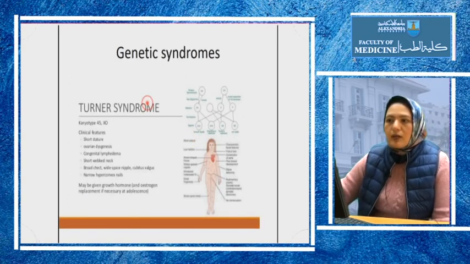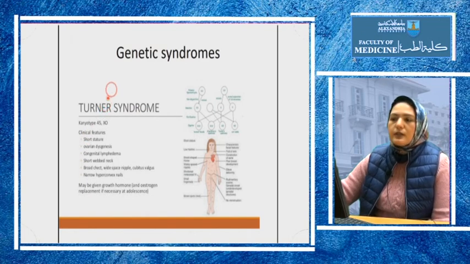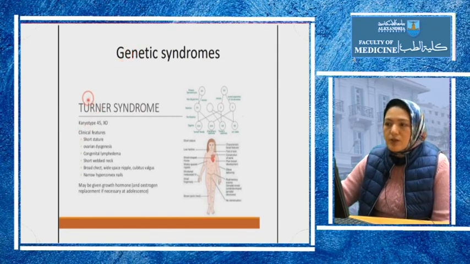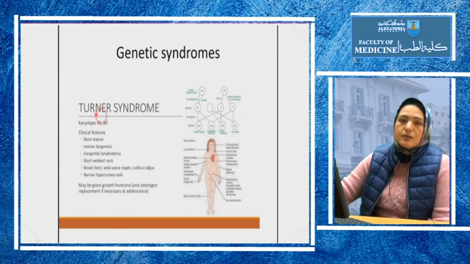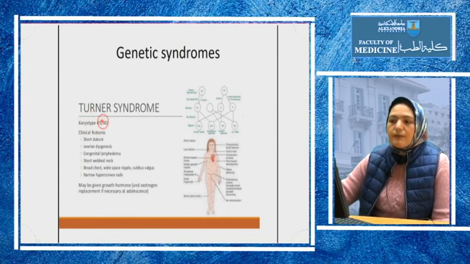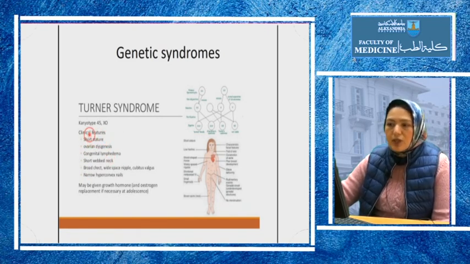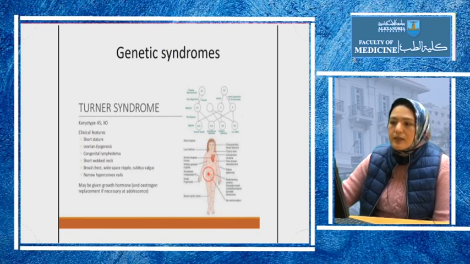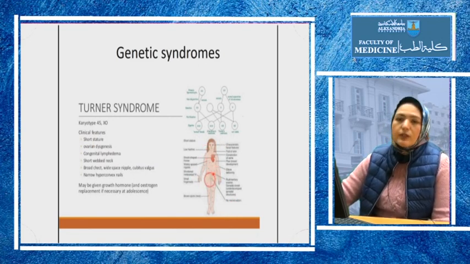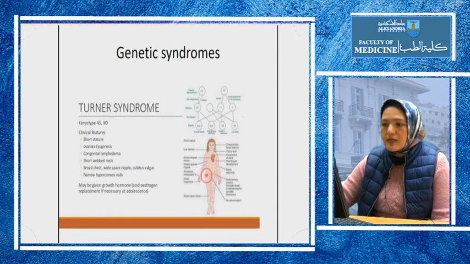Through the next slides, we are going to show some of the other less common causes of short stature, starting with genetic syndromes, including Down syndrome and Turner syndrome. Turner syndrome is a genetic syndrome characterized by the presence of karyotype 45X, so it presents in females. The patient presents with typical phenotypic or clinical features. This includes short stature, ovarian or gonadal dysgenesis, or the presence of ovarian or gonadal streaks.